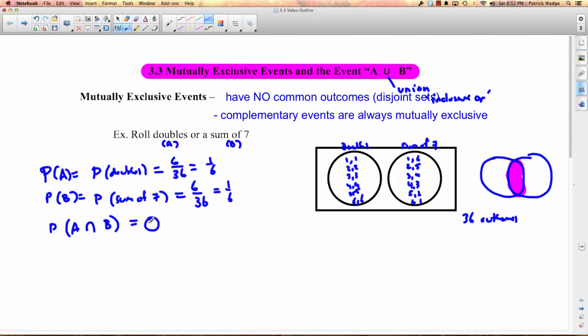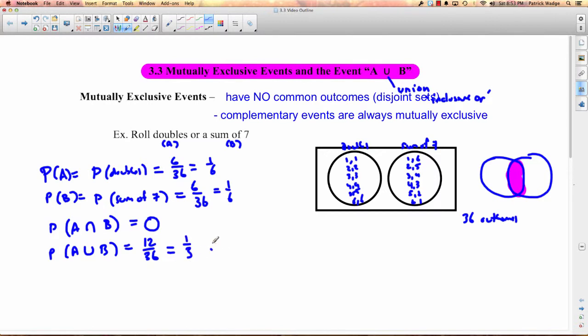This is always going to be the case with mutually exclusive events, that the probability of getting A intersection B is going to be 0. That's what makes them mutually exclusive. But what's more interesting is this. What's the probability of A union B? So A or B. Well, we look, these are all the events that are either in this one or that one or in both. Well, there is no both, so we would just add up these ones and these ones. So that's 12 over 36, which equals 1 over 3 in lowest terms.